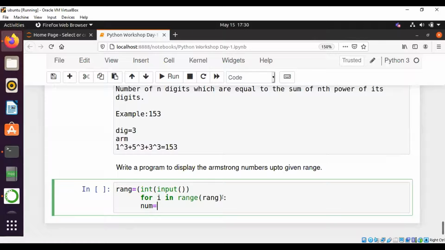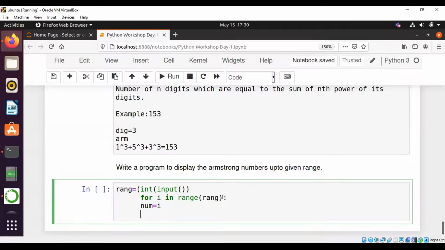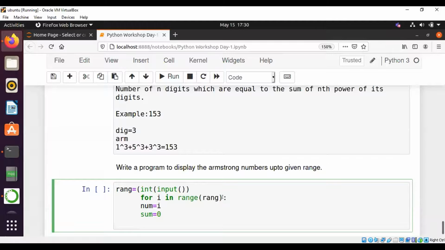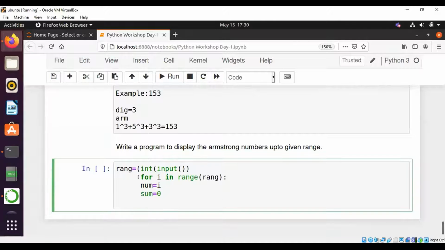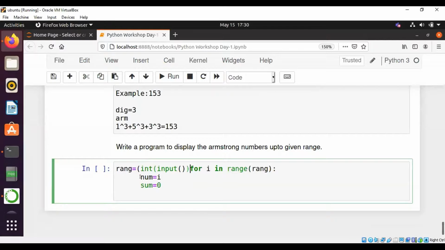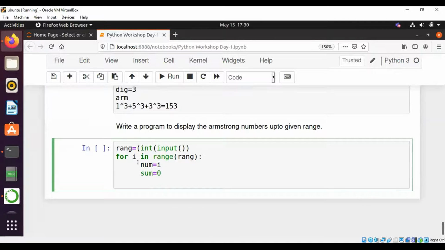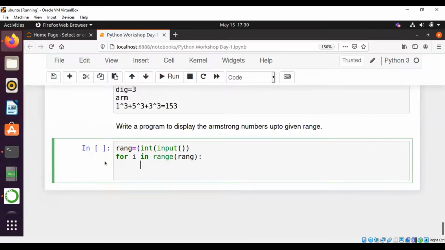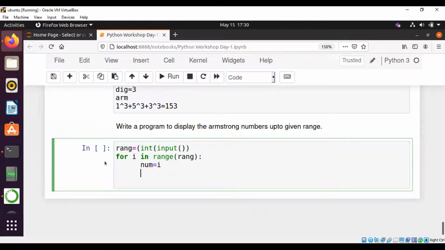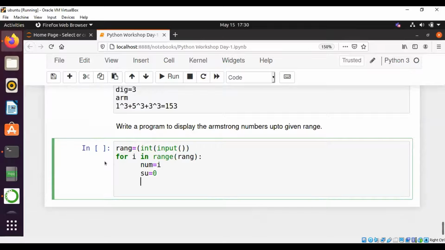Let's take this number as i. So we have to check the condition now. So we are taking it as i, and sum is equal to 0.